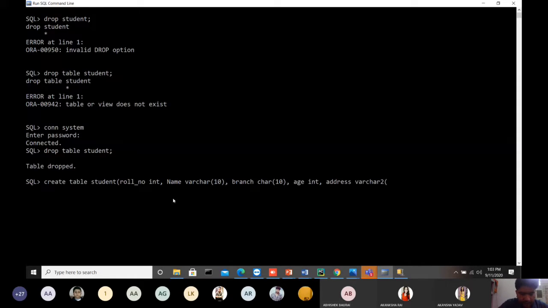It is another data type that was introduced in version 8i. And after that, percentage is also there, and that must be a floating point value. In that there may be a decimal value, so we can say here it is a number, and here we are fixing that out of 4 digits, 2 digits are for the decimal point. So this is the syntax for creating a table student.